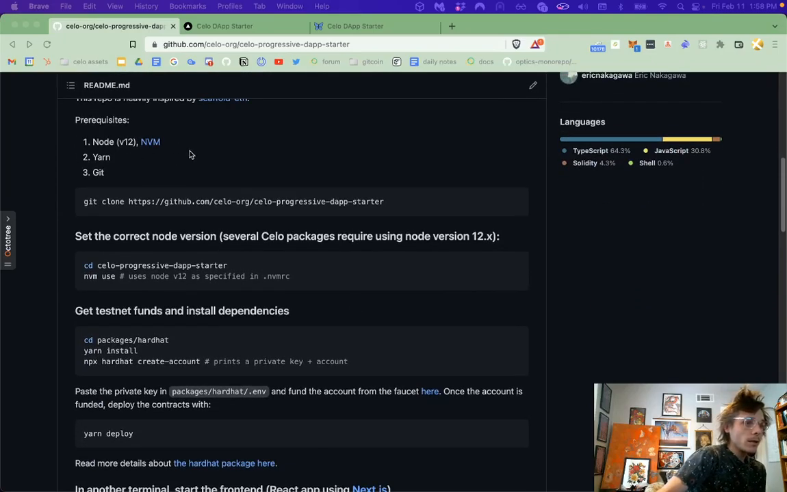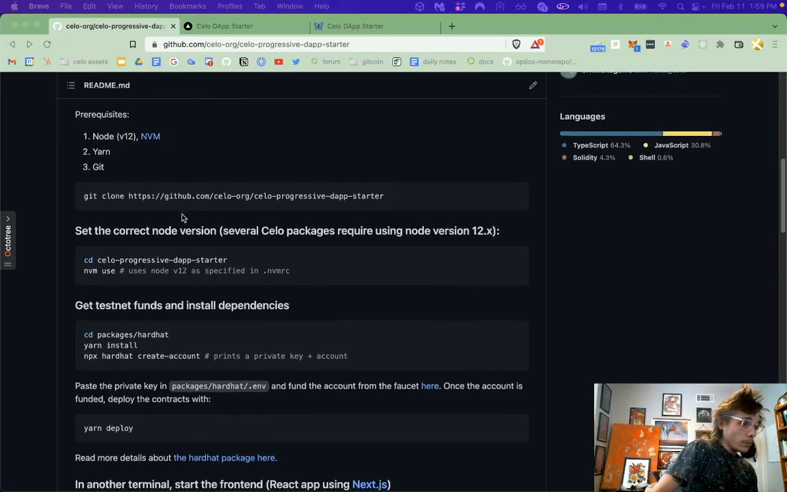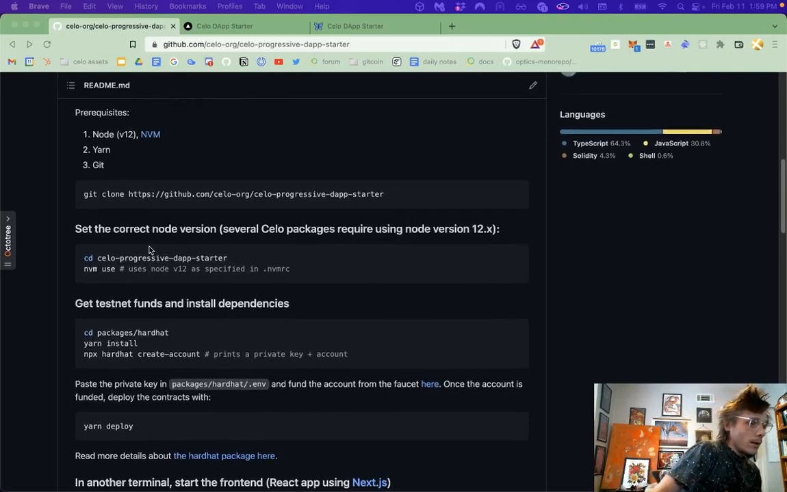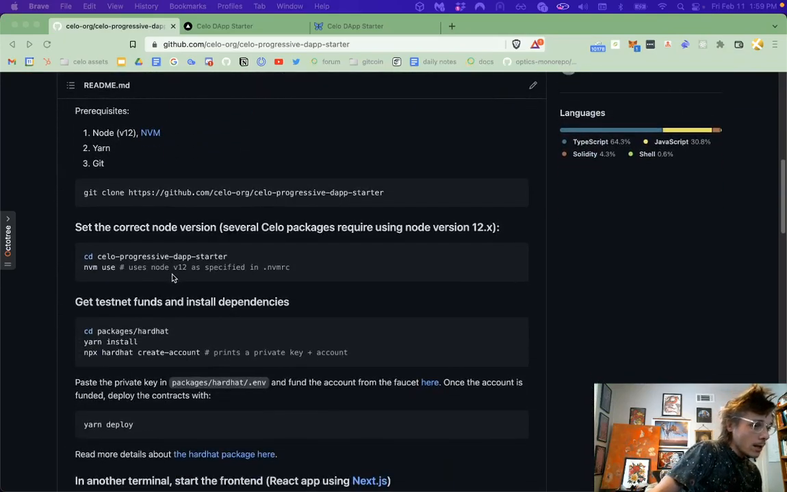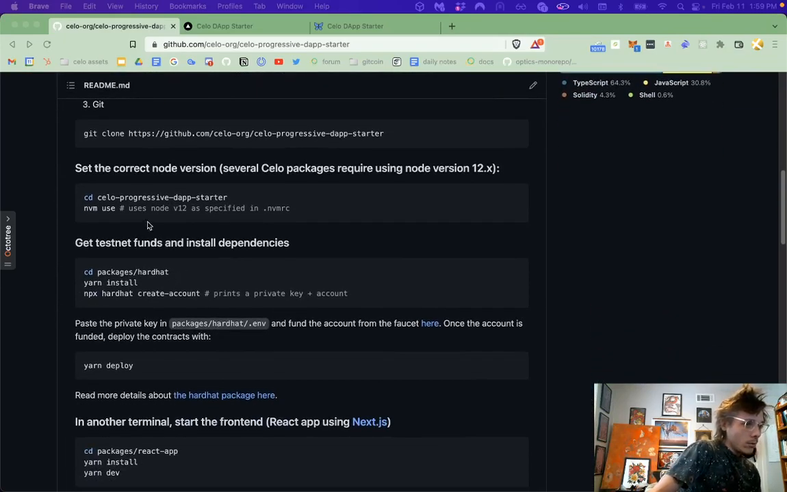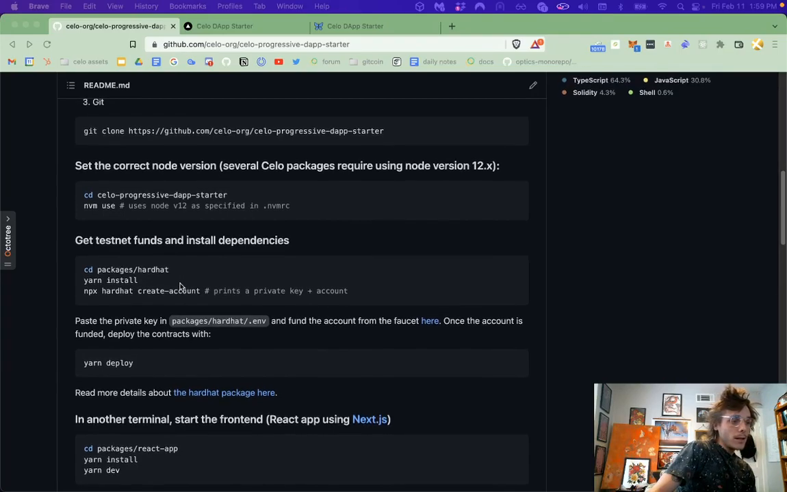Basically, all you need to get started is NVM or Node version 12. Some of the Celo SDK packages that we rely on use Node version 12, so that's what we use. It uses Yarn for package management, and then obviously to get this repo off of GitHub and start building your own project. So in the root of the repo, there's an NVM RC file that will remind you to use Node version 12 if you're not. But other than that, there's just some overview steps here on how to deploy your contracts onto the Celo testnet